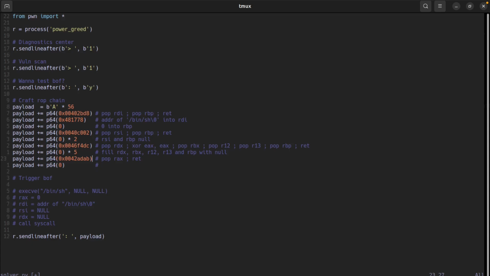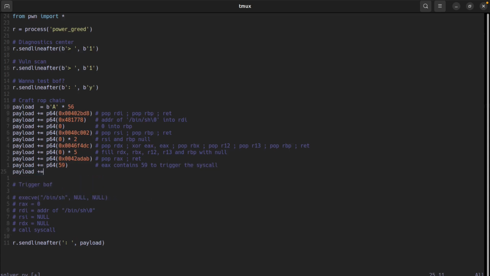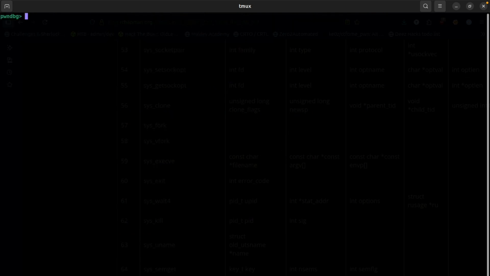Nope, this one should not be 0, this one should be 59. RAX contains 59 to trigger the syscall. And now we want the actual syscall, which is